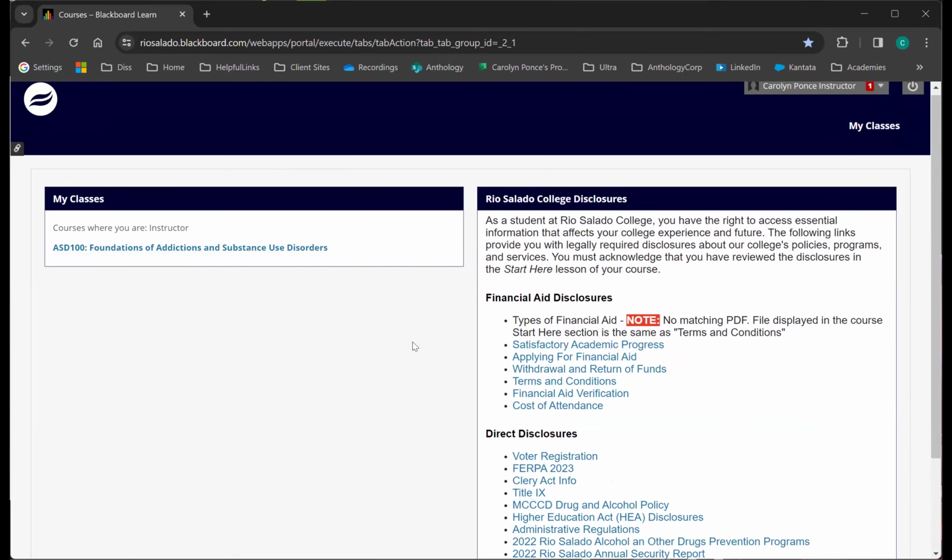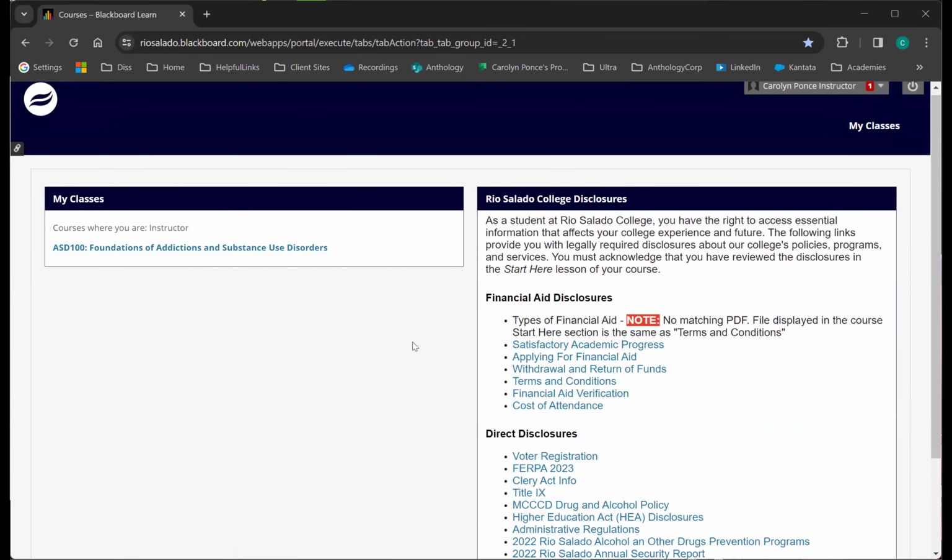So depending on the settings, the down arrow that is right next to anything within your content areas is called an action menu. Many of us call it the chevron menu because of the icon that's used. But this action menu will provide you with different things that you can do to that item. If you see edit, that means you have the edit privileges. You may see things like make unavailable, copy. I want to show two things that are actually one thing that is very, very helpful.